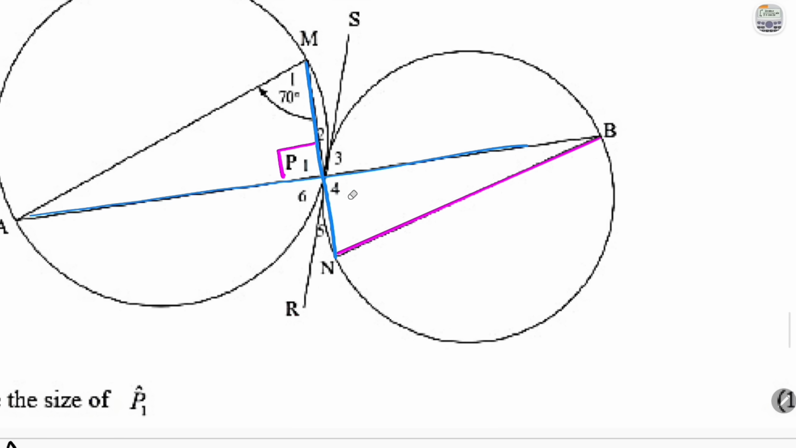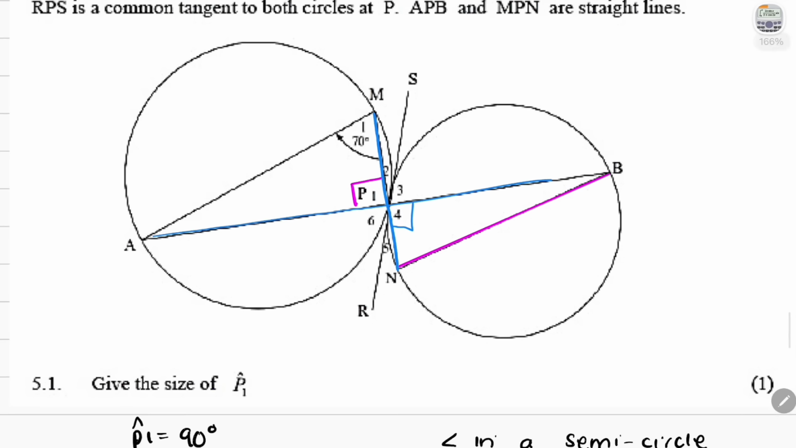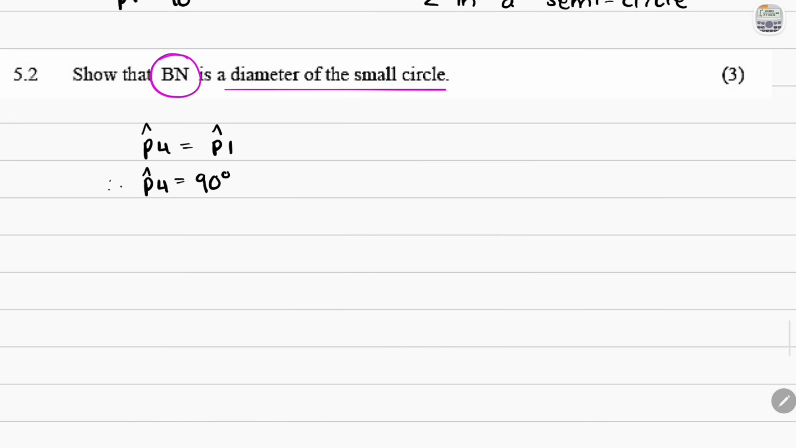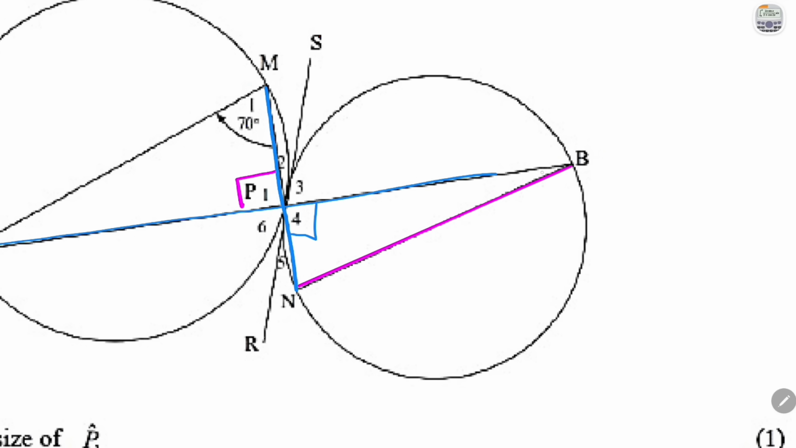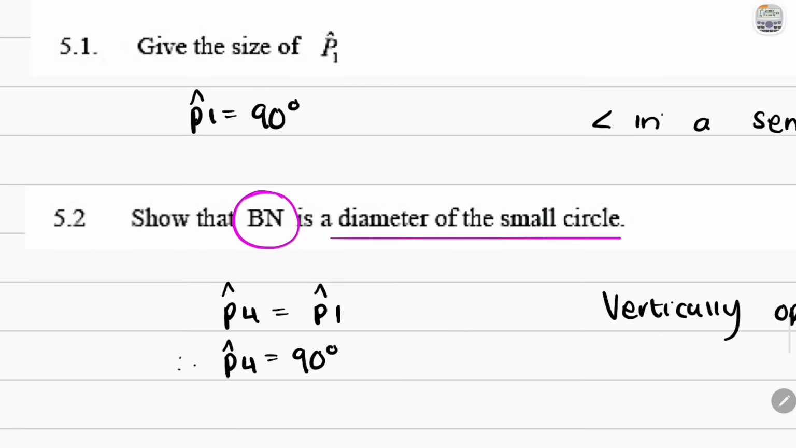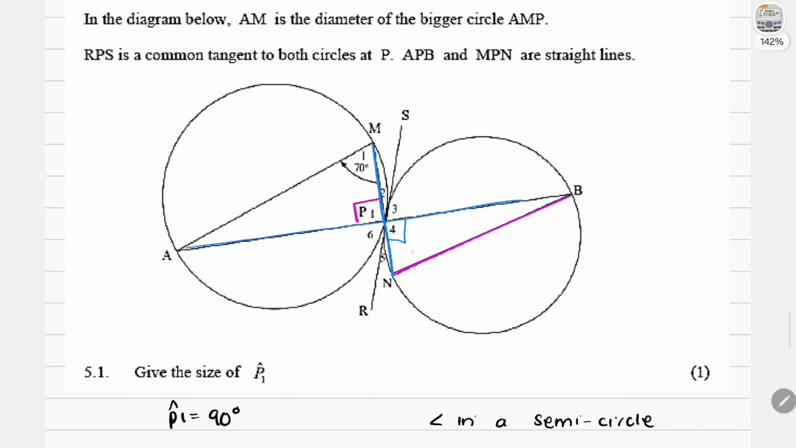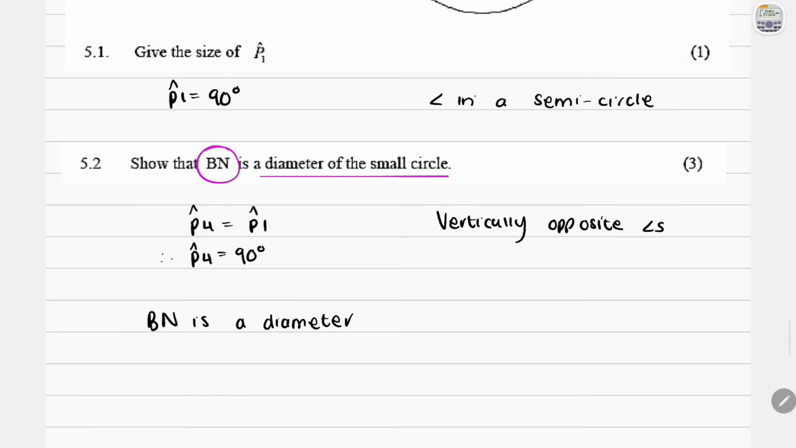They are going across, meaning we have vertically opposite angles. So we can tell them that angle P1 is equal to angle P4, or really just angle P4 is actually equal to angle P1. Therefore, we know angle P4 is also equal to 90 degrees, and this is because we have vertically opposite angles. And now that this is equal to 90 degrees, you can see that BN is a straight line subtending a 90-degree angle, meaning it makes it a diameter. So tell them that BN is a diameter because we can see that it subtends a 90-degree angle at the